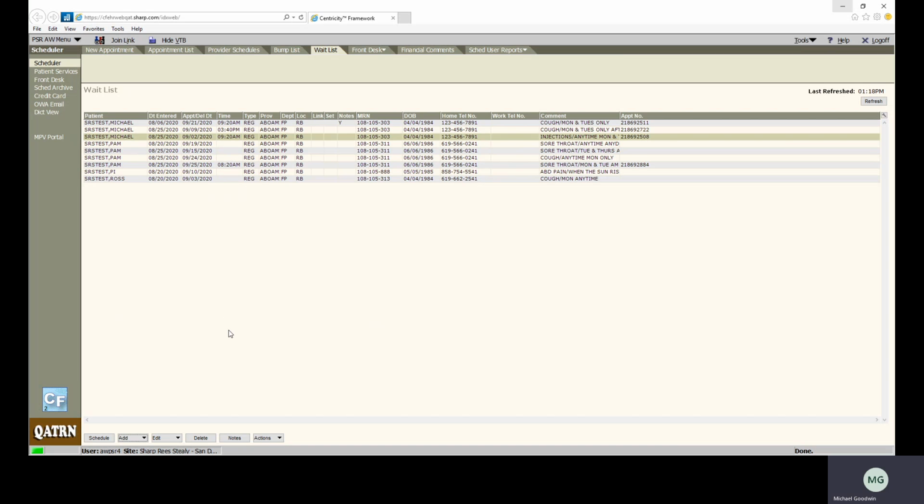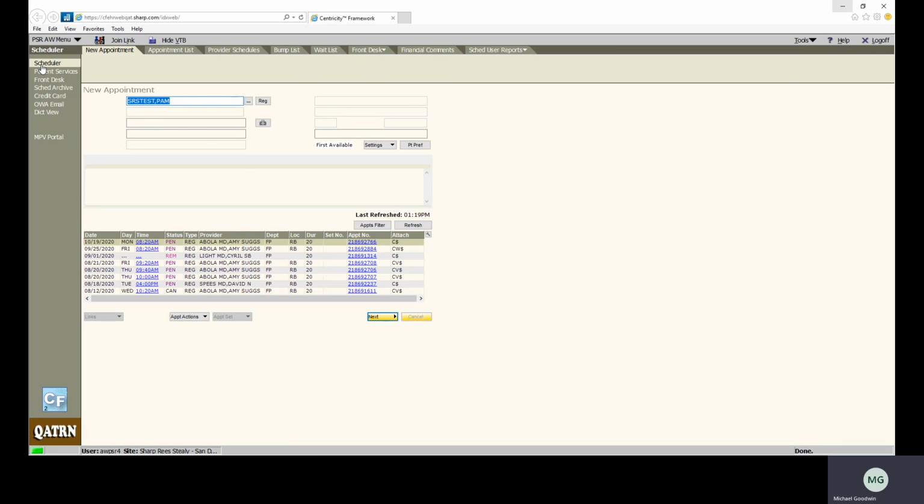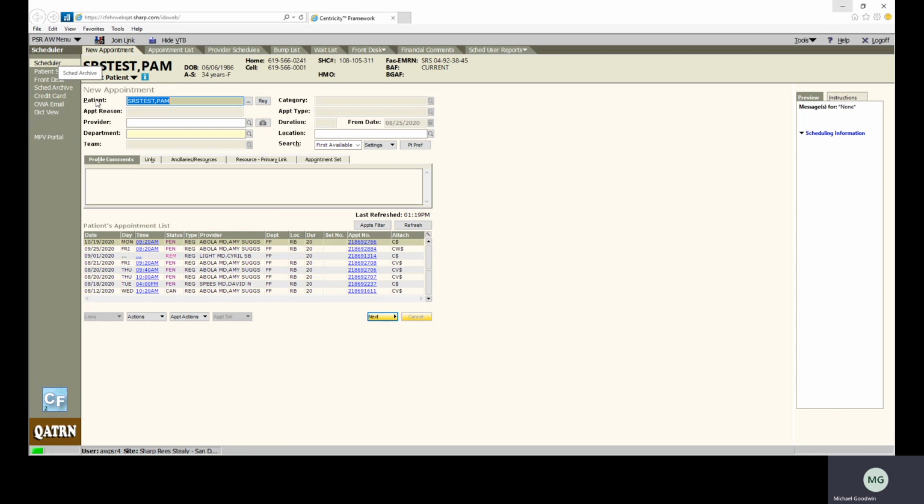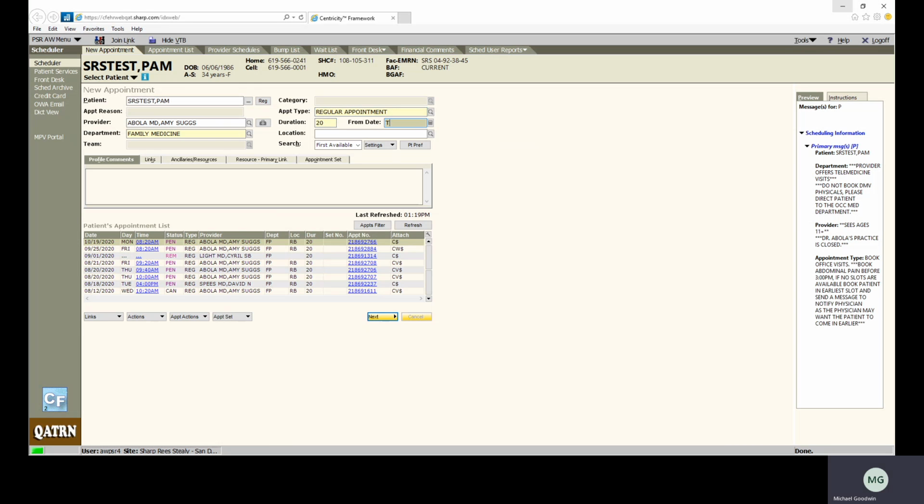All right, so the last way to add someone onto the wait list is not even here. It's actually back on our scheduler view. So I'll stick to Pam here. Say I'm scheduling her with Dr. Ebola. Put in her appointment type. And let's pretend that the next availability for Dr. Ebola is not for another 30 days. So once I hit next,